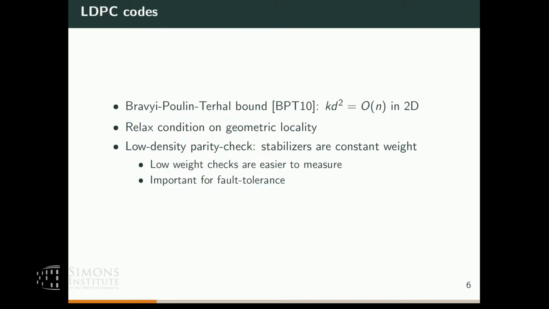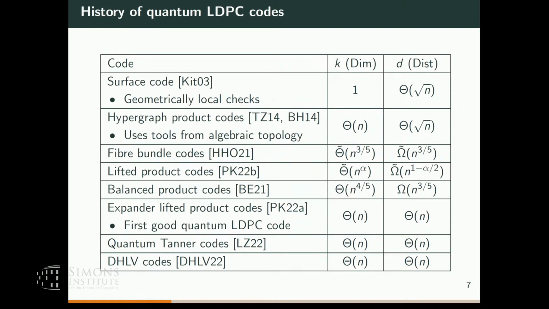And so now that we have this slightly larger class of codes, then we can again ask, like, what are the best possible parameters for LDPC codes? And I guess, yeah, maybe we know the answer to that already. But yeah, these are some points in the history of the development of LDPC codes that Louis covered very well yesterday. But let me just highlight that, after the surface code, we have these hypergraph product constructions, and kind of using the language of algebraic topology that was really useful for developing these codes later on that have better and better parameters.